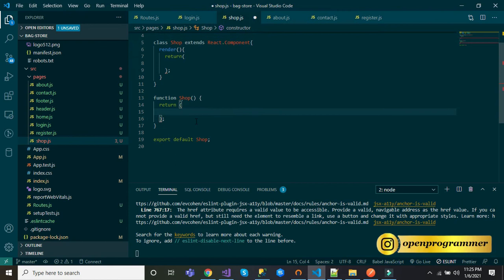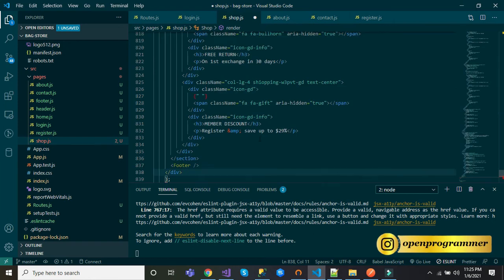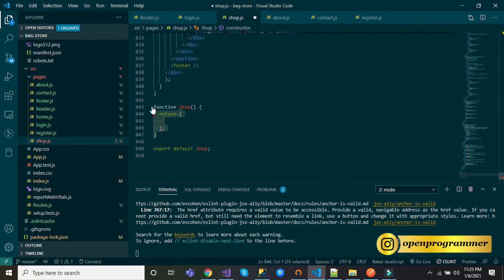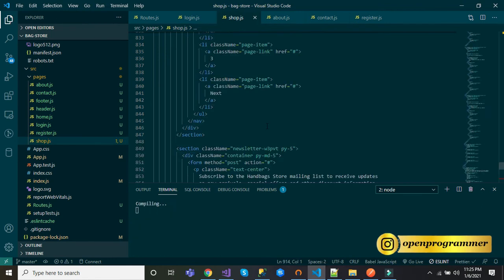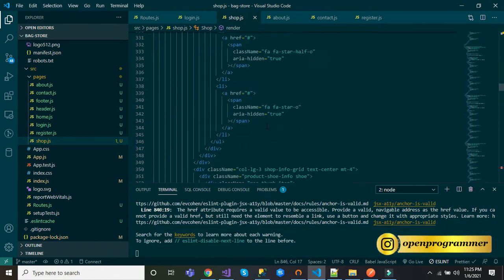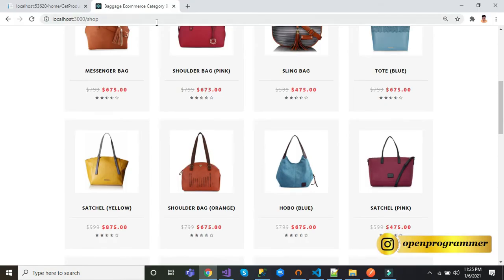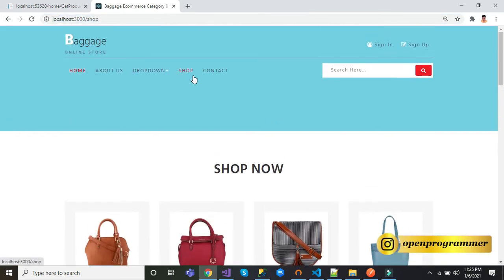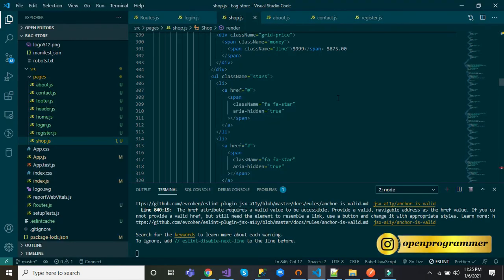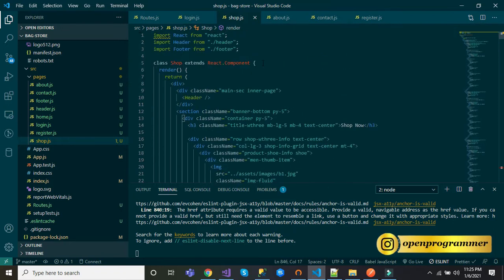Let me cut this and paste inside this return. Let me delete this. Save. Okay, let's try to access this in the browser just to make sure everything is working. Yes. Now we have converted our functional component into a class component.